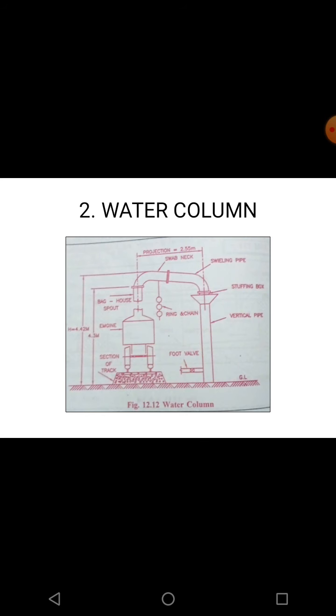This is the figure of the water column. Clear? You can see a vertical pipe of 4.42 meter on top, and then it is a sway back, and at the end it will be a swan neck shape. So this is a water column, and the water comes from the overhead water tank. Clear? And this will fill the water to your bogies or to your engine. This is the second component, that is called water column.